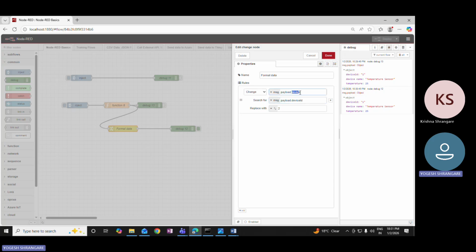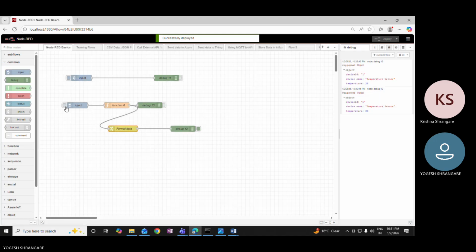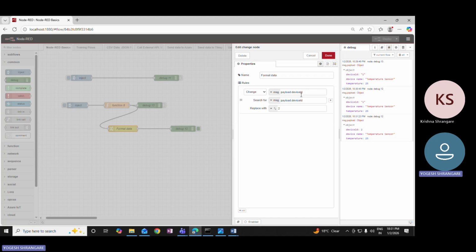Okay, so here you can see the device ID is coming as 2. Why? Because here I used that I want to change this term, message payload dot device ID, and I write it here like search for this message payload device ID, and replace it with 2. I can also replace it with another thing,